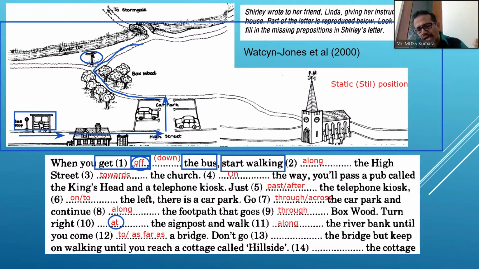Like you can say, my house is near the park. That is okay, because the house is not moving. But when you are moving, when you give directions for a person to go from one place to another, English people don't use this preposition. The options you can use here is